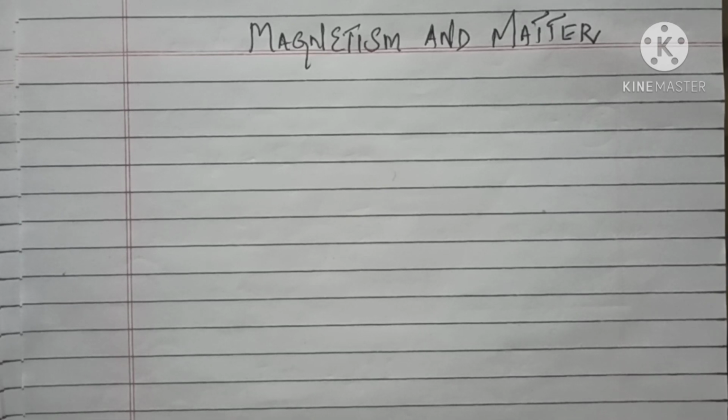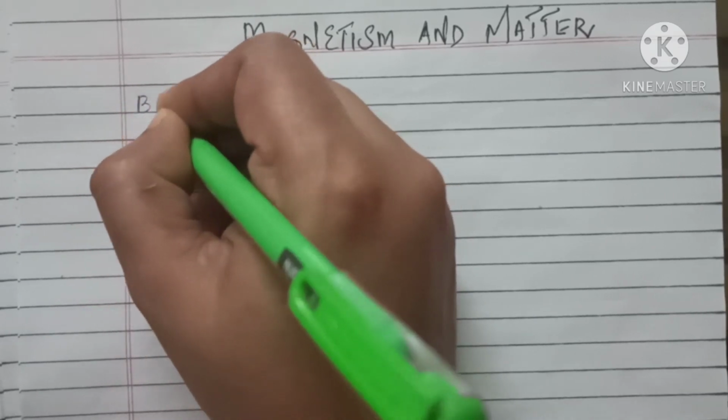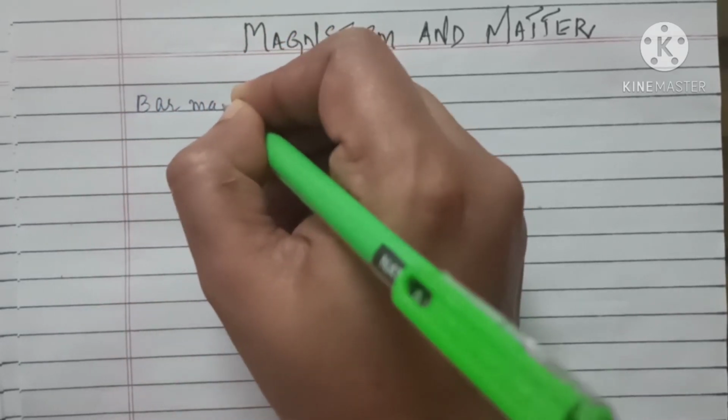First of all, what is magnetism? Magnetism means it's a phenomenon of attraction of small bits of iron, steel, cobalt, nickel, etc. towards the ore. So it is called magnetism. You have studied so many phenomena and properties regarding magnetism, but still we are starting with the bar magnet. You know what a bar magnet is and you are all familiar with it.